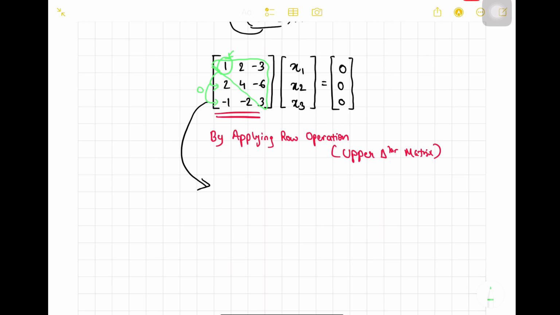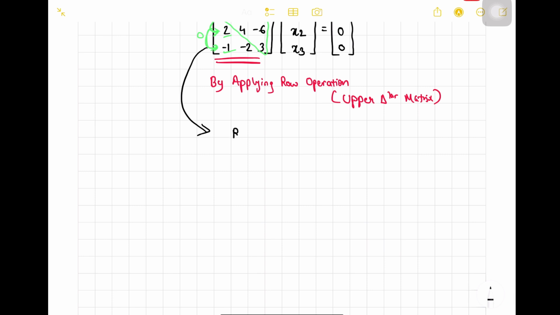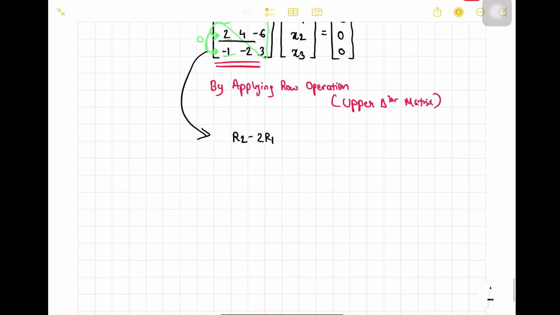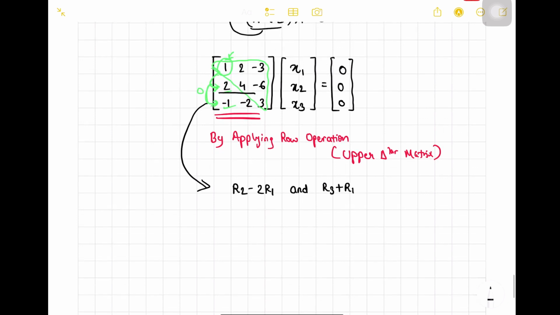So we will try to eliminate the elements in the second and third rows of the first column, making them 0. So we will apply row transformations R2 minus 2R1, and simultaneously R3 plus R1. By applying these row transformations, we get the matrix as